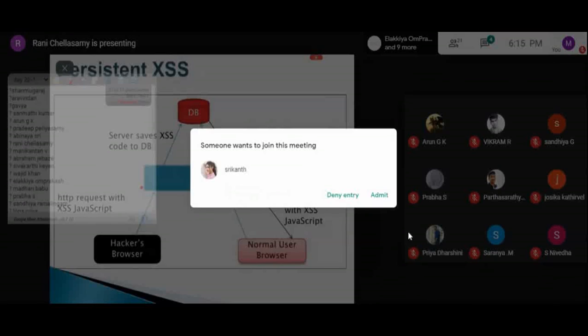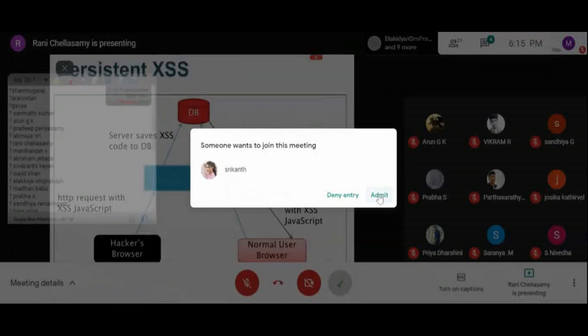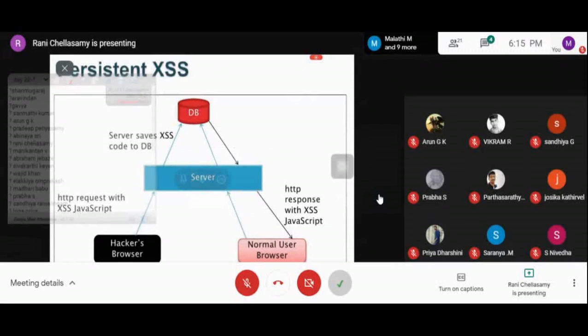If there is no validation or filtering on the server, the XSS code can be successfully saved to the database. After this, if any user opens the page in the browser, the XSS code can execute and perform harmful actions.